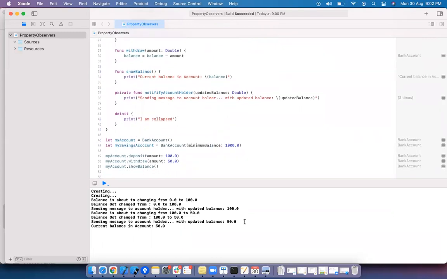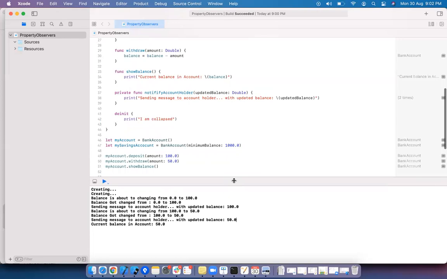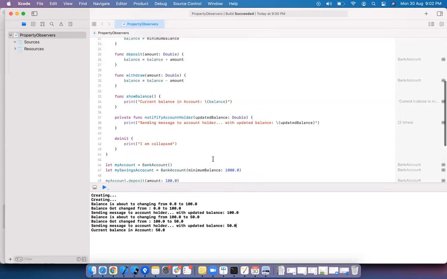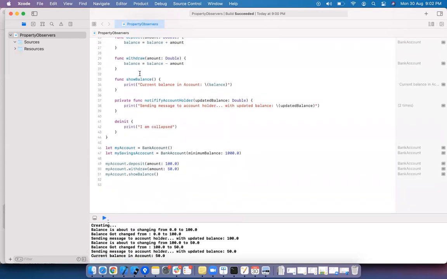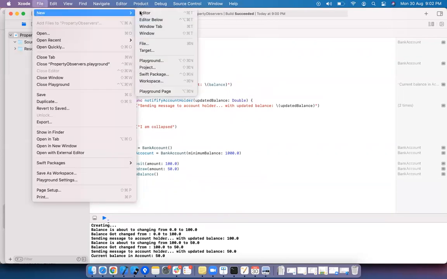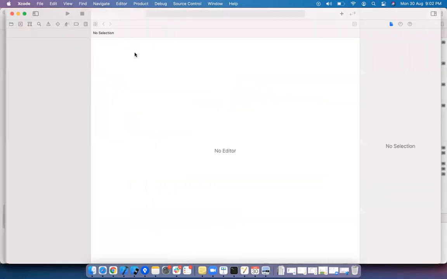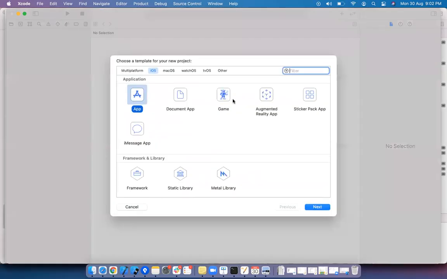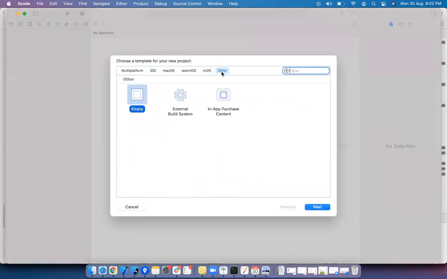What is wrong? Yeah, there is nothing wrong. What is wrong here is that in playground it won't work. Let me take a separate class and show you the result. New project.